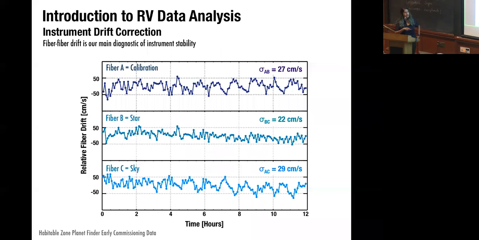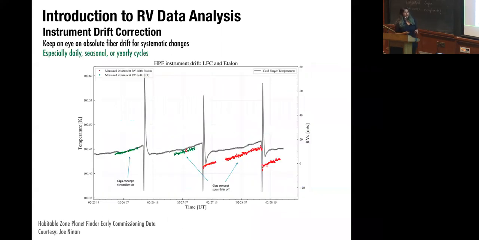And this is something that we will keep measuring for every instrument. And this is a great diagnostic of something going wrong in the instrument. The moment the fibers don't move together, that tells you there's something wrong with your temperature stabilization or something up the path. You really have to look at those drift curves, like I said, and look out for cycles,